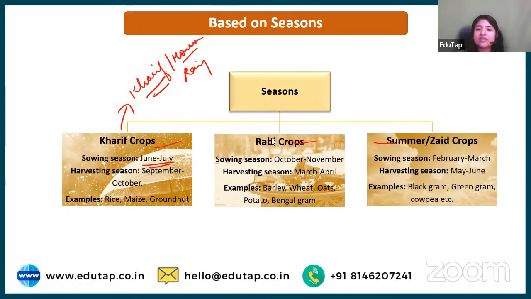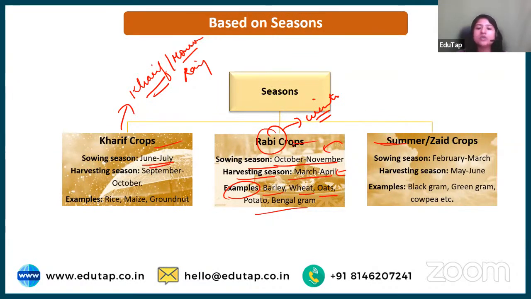ठीक है। रबी सीजन इज एसोसिएटेड विद योर विंटर सीजन, ठीक है। तो आपके विंटर सीजन में जो क्रॉप्स लगती हैं उनको रबी क्रॉप्स बोलते हैं। सोइंग सीजन आपका अक्टूबर नवंबर होता है, ओके। एंड योर हार्वेस्टिंग सीजन इज योर मार्च टू अप्रैल, ठीक है। एग्जाम्पल्स है आपके बार्ले, व्हीट, ओट, पोटैटो, बंगाल ग्राम, दीज आर सम ऑफ द एग्जाम्पल्स ऑफ योर रबी सीजन। नेक्स्ट इज योर समर सीजन, जायद सीजन। देखो बेसिकली दिस इज शॉर्टेस्ट सीजन